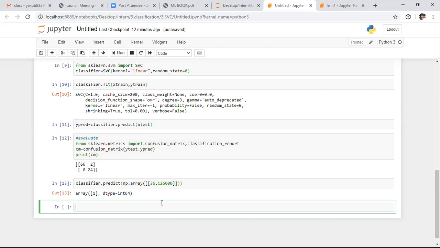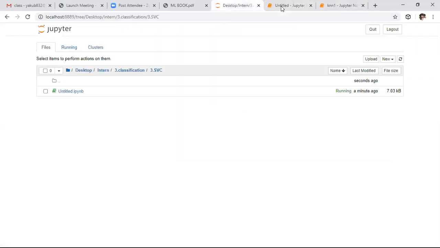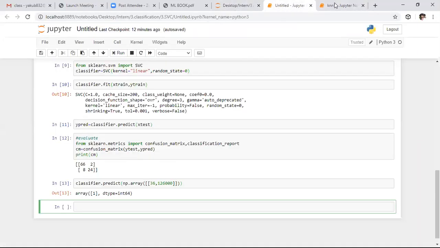Next, if we want to predict the output on the test data, that data also should be present in 2 dimensions only. Whatever dimensionality is present in the test set, we need to specify the same dimensionality. That's why I am using 2 brackets, which is nothing but specifying the data in 2 dimensions. That is the meaning of that. If you specify it with a single bracket, it will return a dimensionality error. If you want, you can check that.